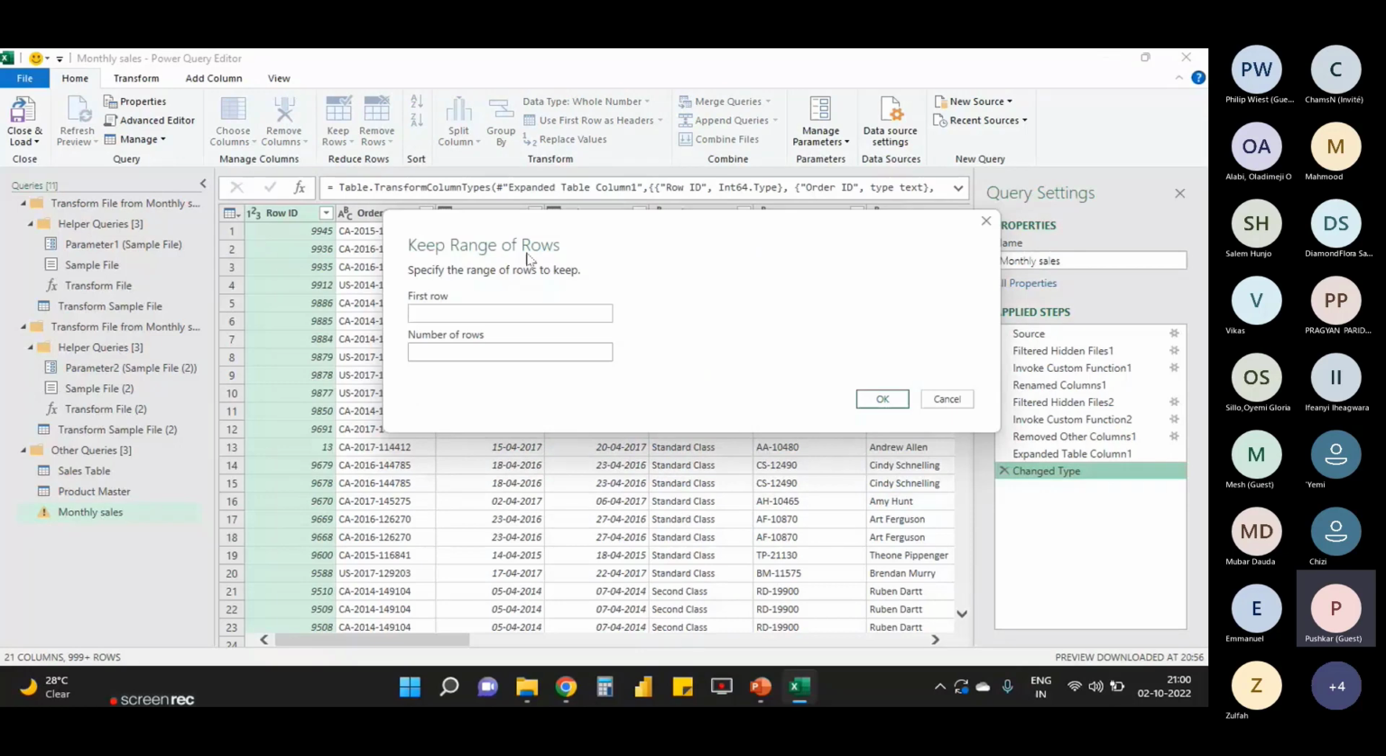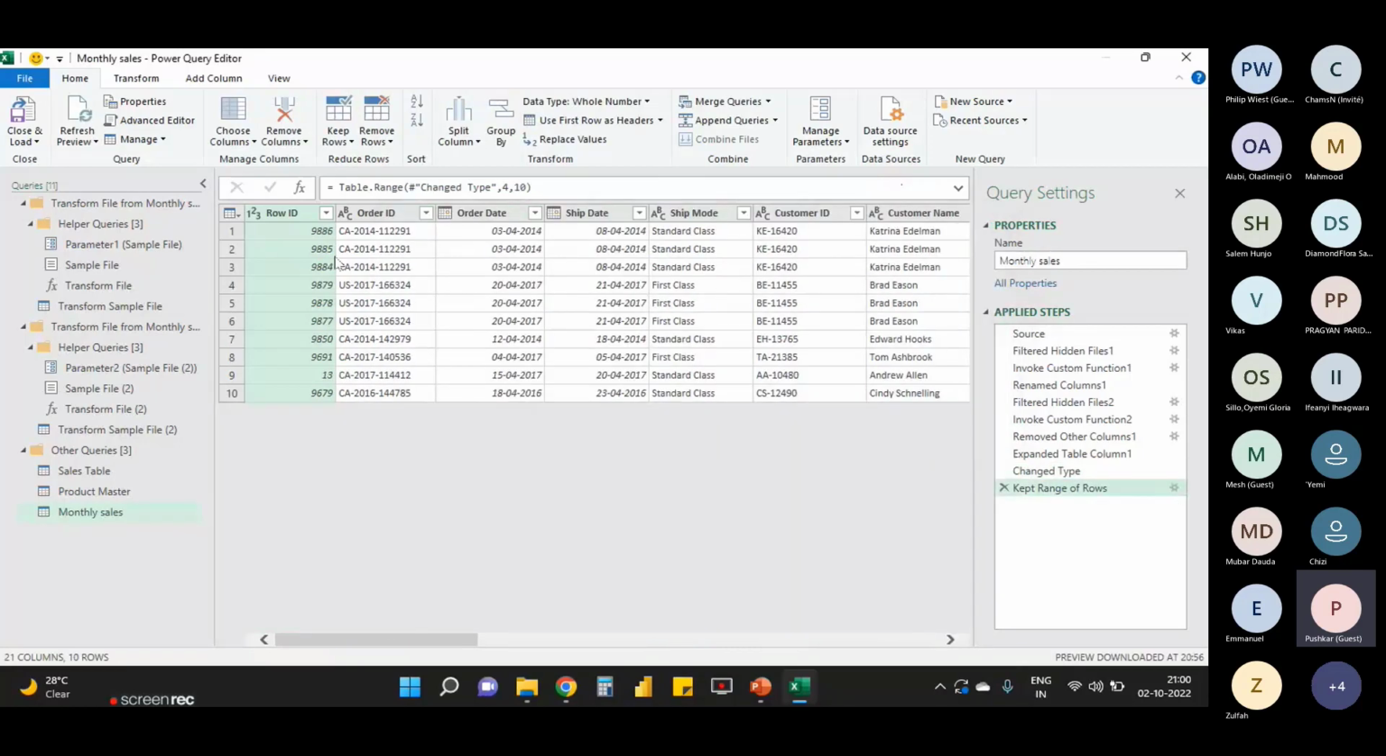For the range you just need to give a specific number, that from the 5th row it should start, and after the 5th it should keep only 10 rows. So after 5 it should show me the next 10 rows, like 5, 6, 7, like that, 10 rows. Okay,